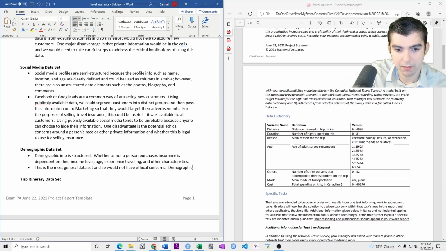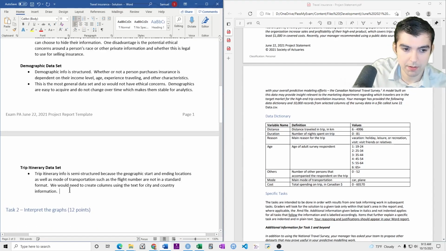Demographics are easy to acquire and do not change over time, which makes them stable for analytics.